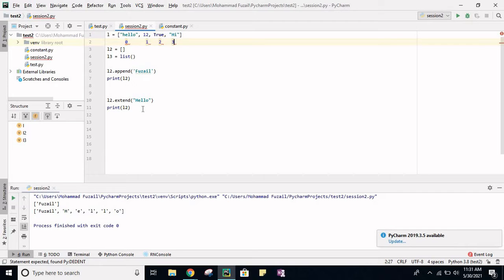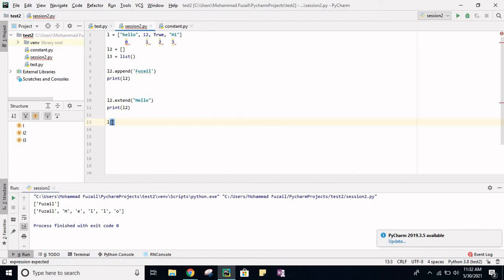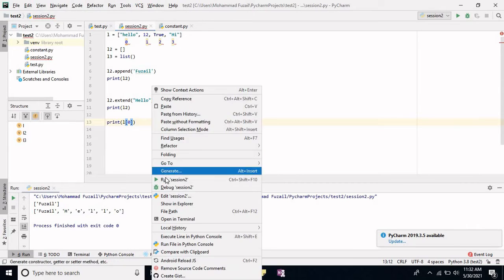If you want to get one element from a list, you will say list, let's say we have list L. We'll pass a square bracket, and then we can just pass the index value or the position value of the element which we want to get. So if I pass the value 0, I print the result of L0. L0 means get me the element at the 0th index of list L. Now if I print this,